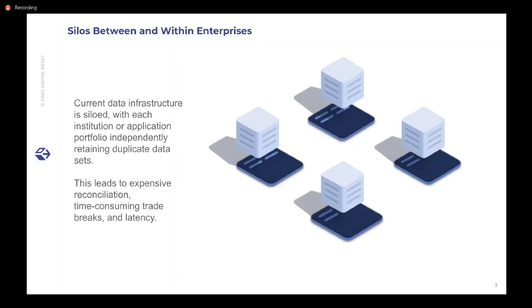So any one of us who's made a bill payment online for a credit card knows that you make a payment and then it shows up on your online screen maybe the next day, or in the worst case sometimes even a couple of days late. So why does all of this happen? Because each of these applications and enterprises have their own data silos, and they have to continuously sync with each other to make sure the copy of the data that they have is the latest copy.